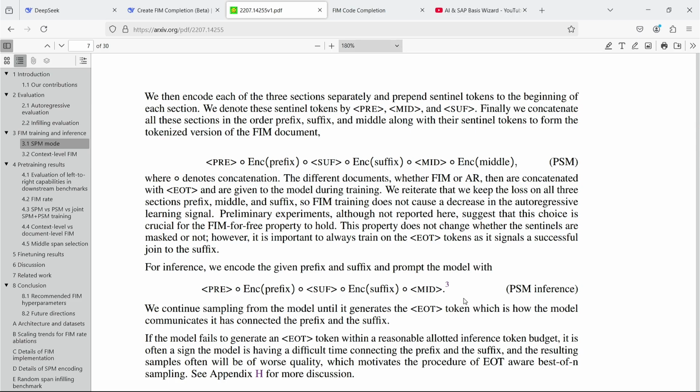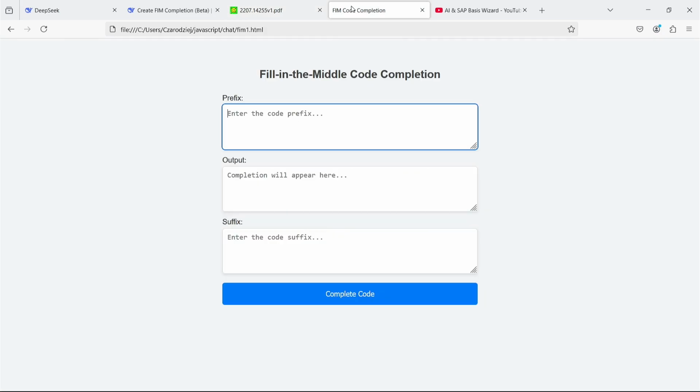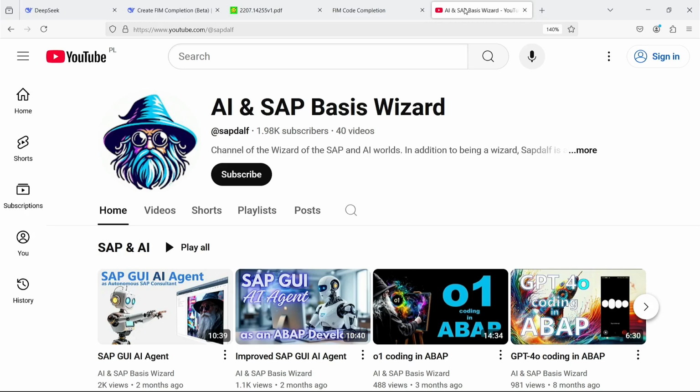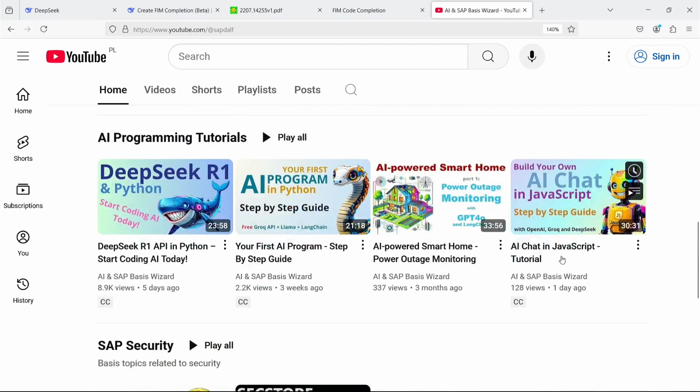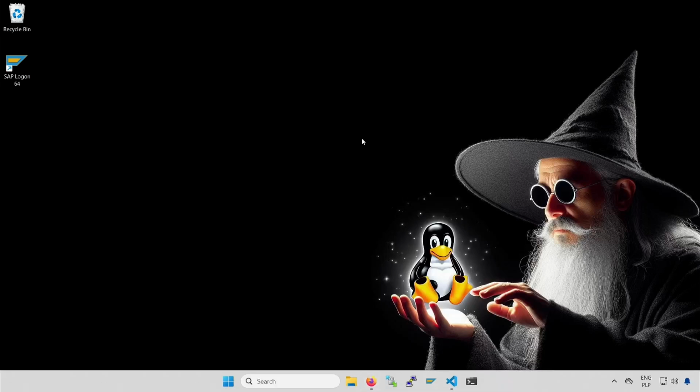In this video, we will focus on practice and develop various versions of AI code completion based on the fill-in-the-middle API offered by DeepSeek. I won't be going over the absolute basics here, and some of the code will be reused from AI chat examples that were created from scratch in this video. So, if you ever feel lost, it might be a good idea to watch that video first. Also, if you're looking to learn more about programming solutions based on DeepSeek, starting from the basics, I suggest checking out the video DeepSeek R1 and Python.